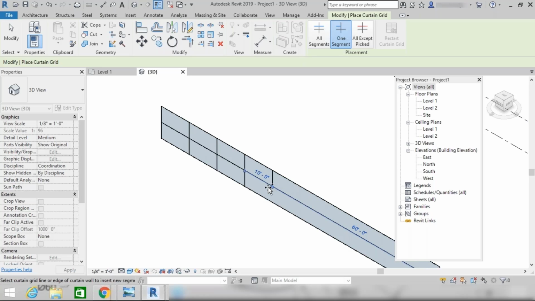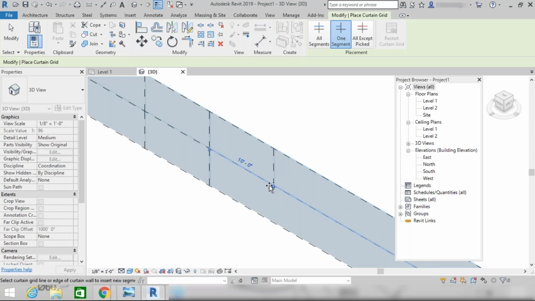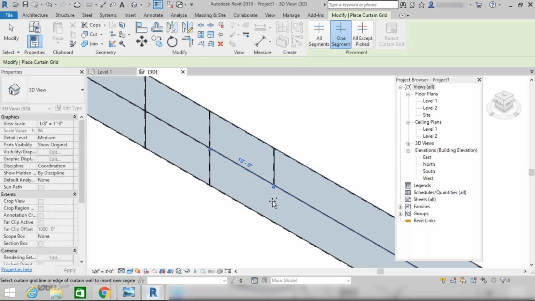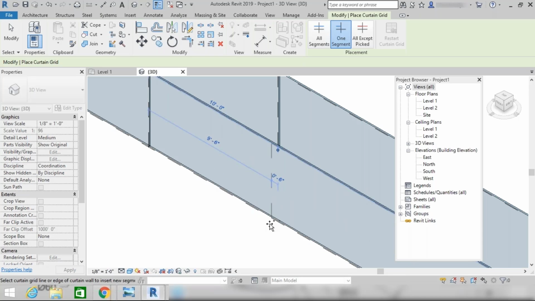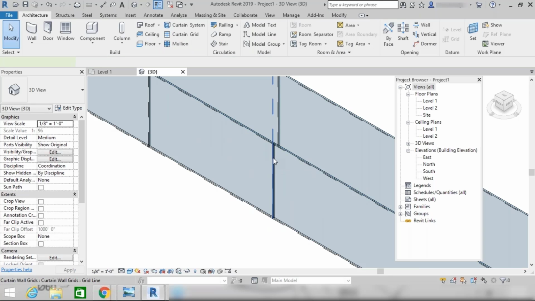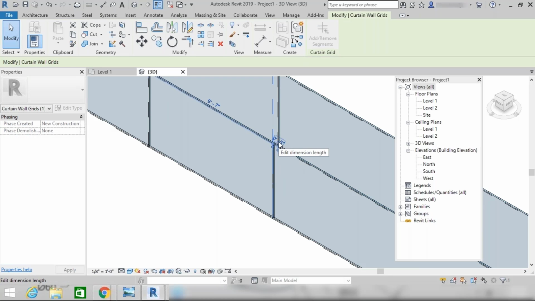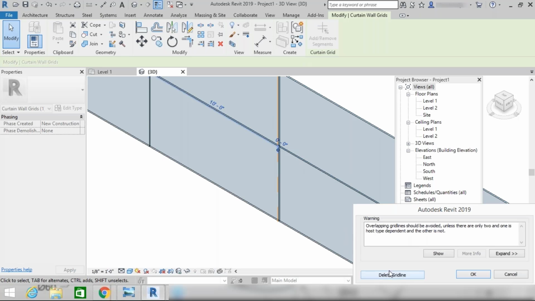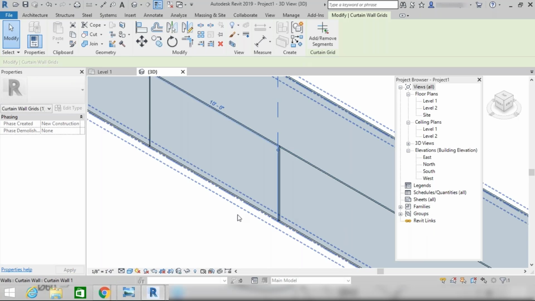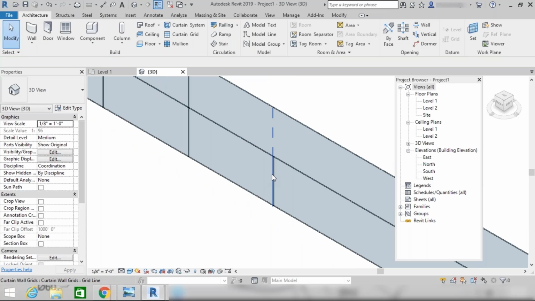For the next one, you have to click on this point again. Here this should be 10. You can click here as well and later change this dimension. If you click here, this distance is 0.5. You can enter the value 0 here, and in this way that will be applicable here.